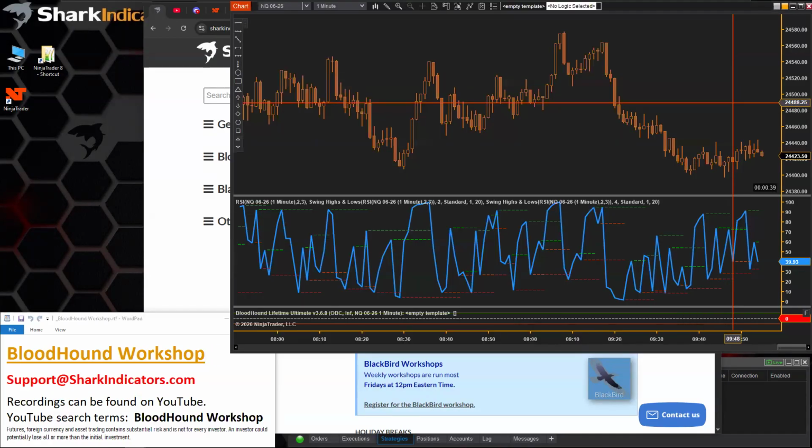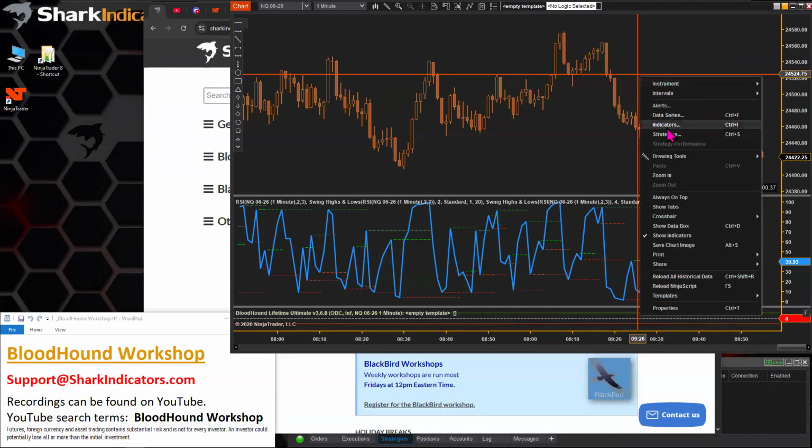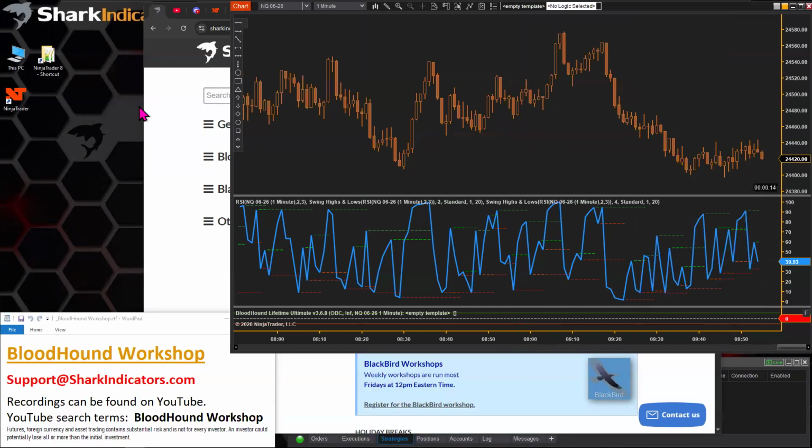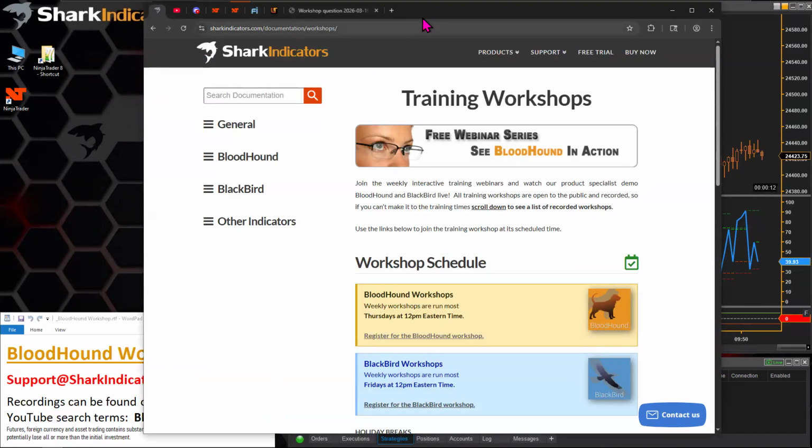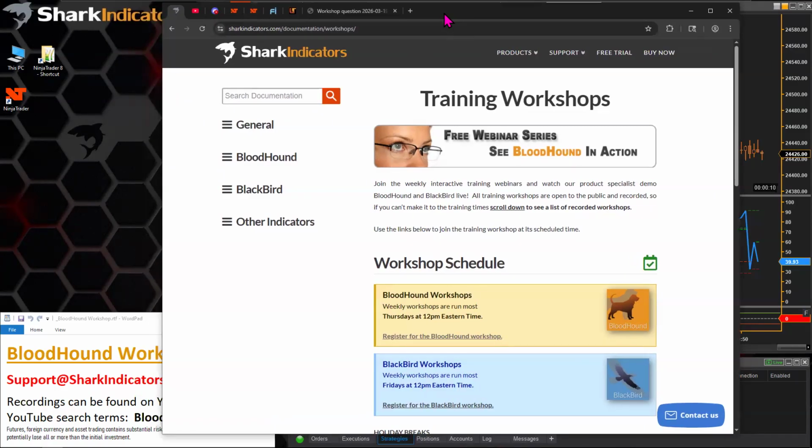And lastly, if you have a question about using a custom indicator, which today's first question that was emailed in actually is, I'll explain which indicators I can install into my machine here.